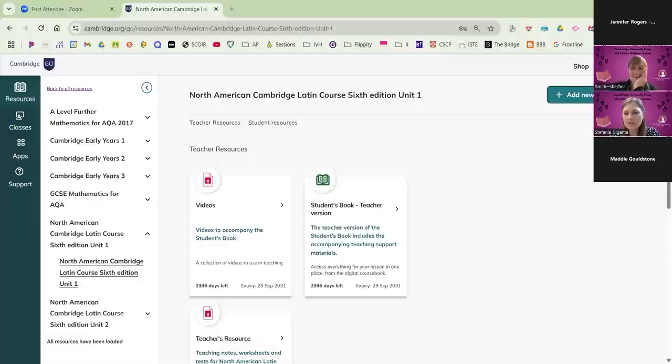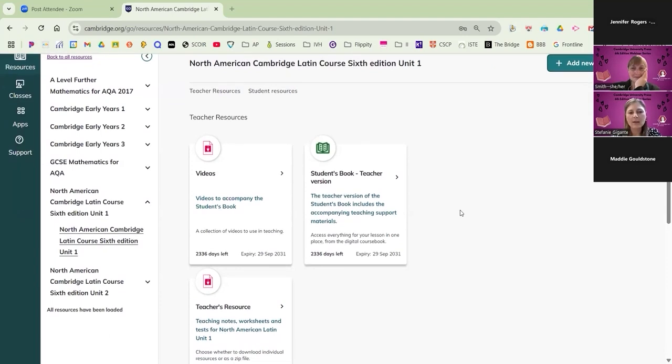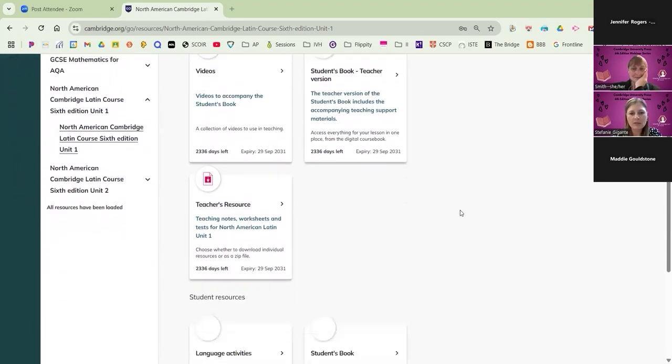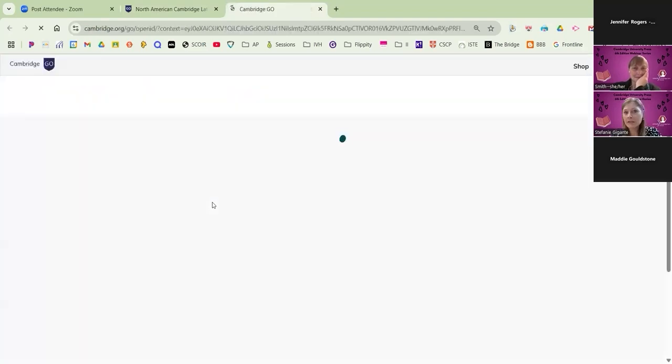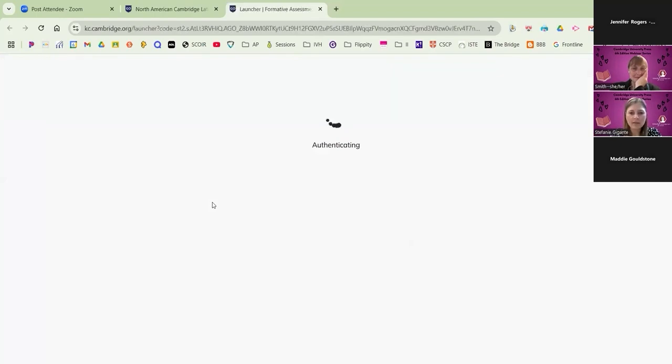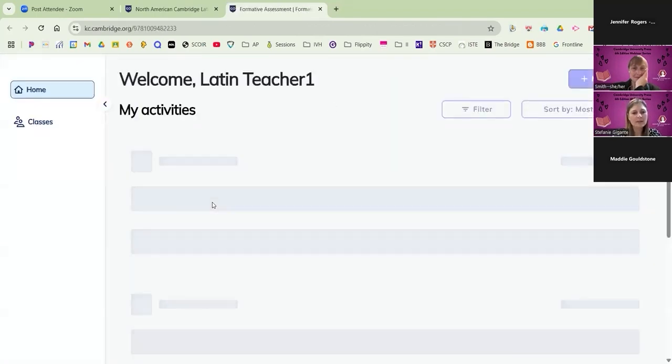So with that in mind, I'm going to go ahead and share the screen in which I am a teacher within the new digital resources platform. I know we demonstrated this last week, so I'm not going to waste your time by showing it again here. But when you get into your new digital resource package and you scroll down, you'll find language activities. And language activities is really the heart of what you're going to be using to get that sort of fungible data as you move forward in your classes. So as soon as the authenticating finishes, all right.